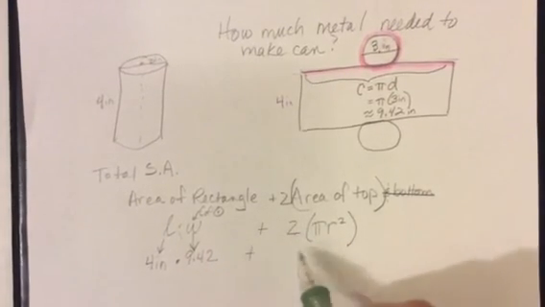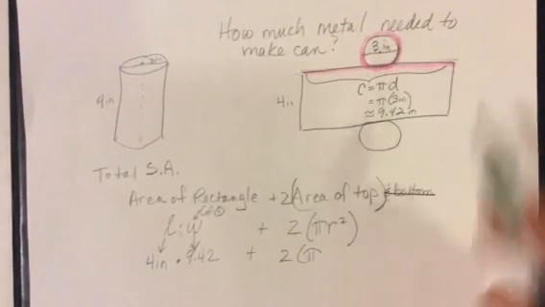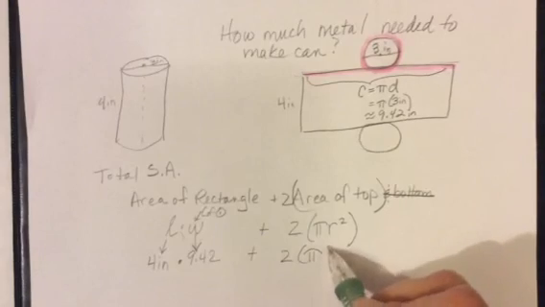Okay, plus now I got to take 2 times pi times the radius squared. So we got to remember that the radius is 1